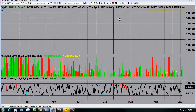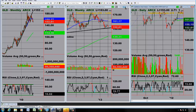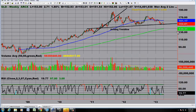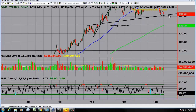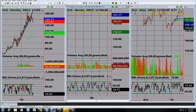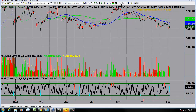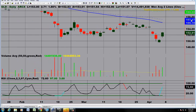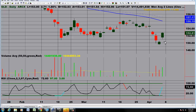Let's take a look at gold. If you recall, we were looking at the gold chart last week and pointing out that one of the critical levels to hold on a weekly basis was that 151 level. And guess what? We punched through it. You had a pretty dramatic sell-off, and at the same time, on Friday and on Thursday, you had what we call a slingshot pattern and a key reversal, and look what happened. Right around this 150 level, we closed above 150,